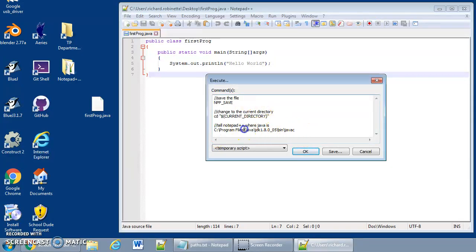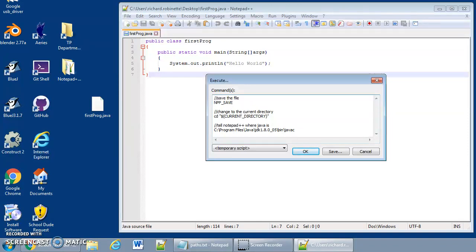The only thing that would be different, it should be in program files, and the only thing that might be different is the version number, but I really don't think so. So now what we have here is the Java 8, and in the bin folder, we have a little file called javac, and that is the name of the Java compiler that got installed with your version of the